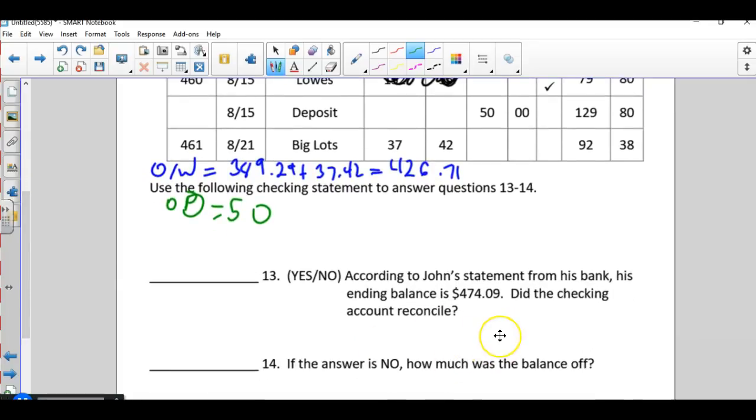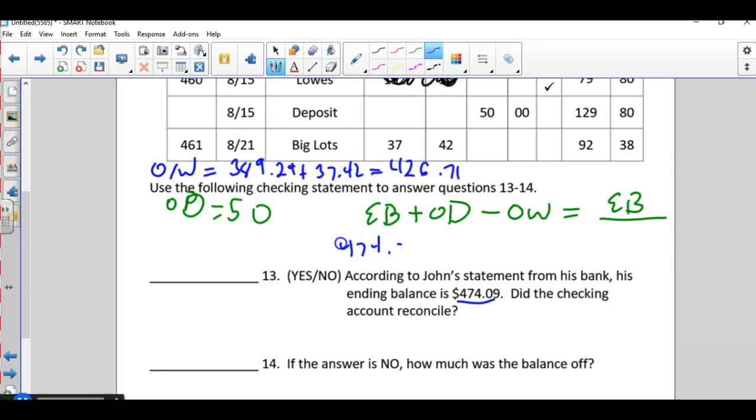Now, to figure out if this account reconciles, we're going to take this amount right here, the ending balance. We're going to add the outstanding deposit, and then we're going to subtract the outstanding withdrawal, and that should give us our ending balance. Here's what I mean. Ending balance right here, 474.09, plus our outstanding deposit of $50 minus our outstanding withdrawal of 426.71. When I do that, it's going to give me